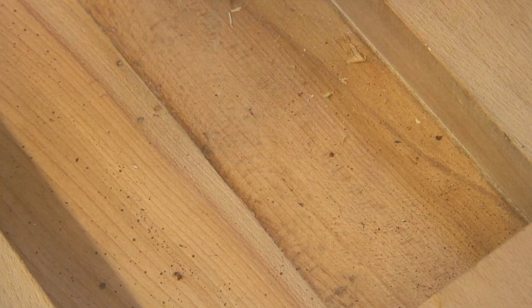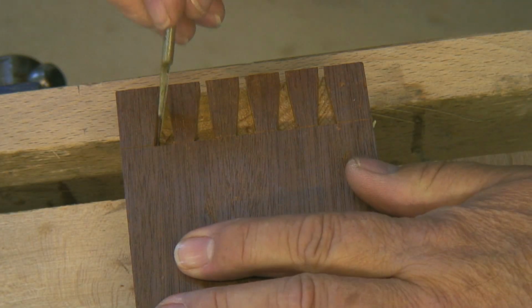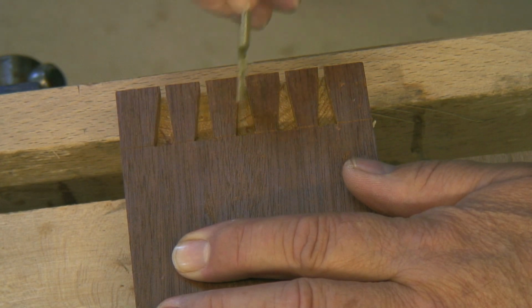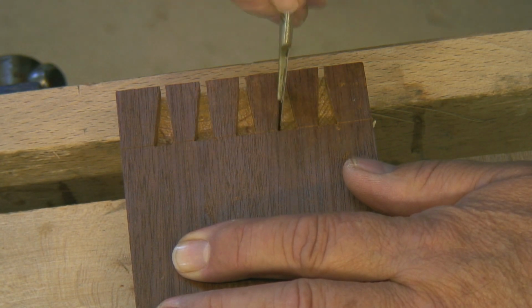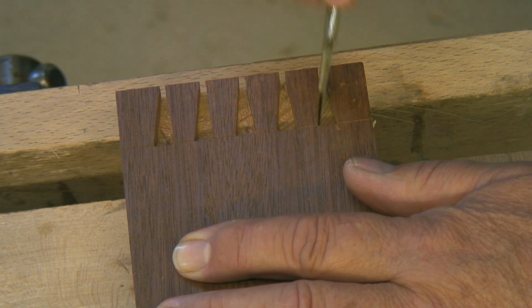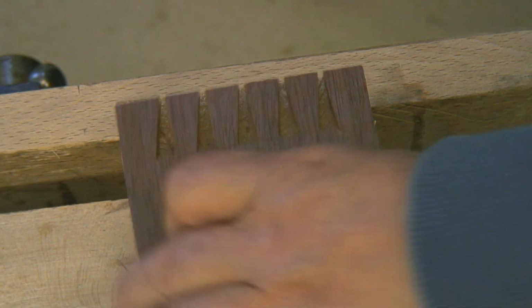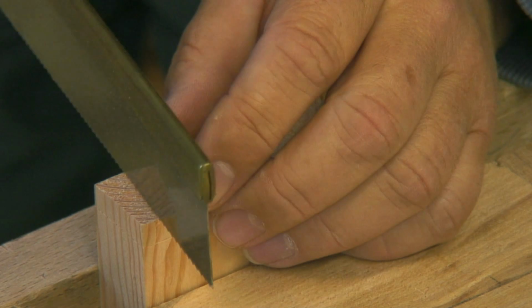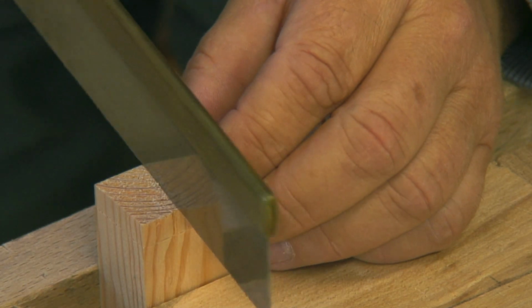I'm going to take a fine tip knife and use the tails as a template to mark out the size and position of each pin. And again take the dovetail saw, and this time with the blade completely vertical,